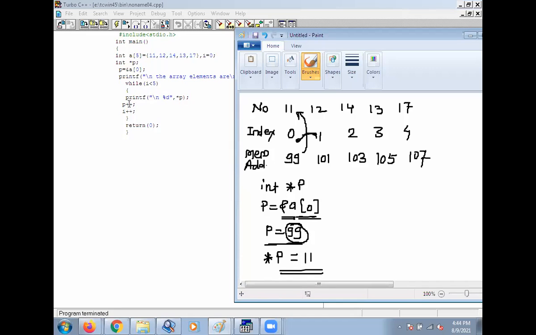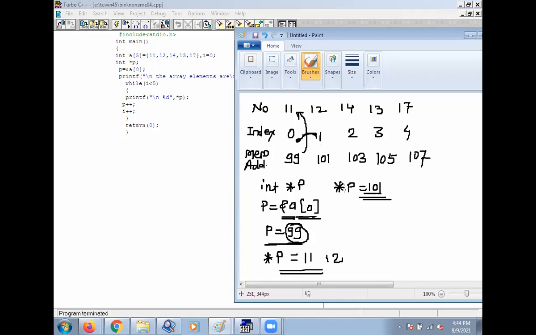Yes. Then print star p at first location. Now p is at first location, address of first location is 101. So star p, that is value stored at 101. So you will get the second element is 12.